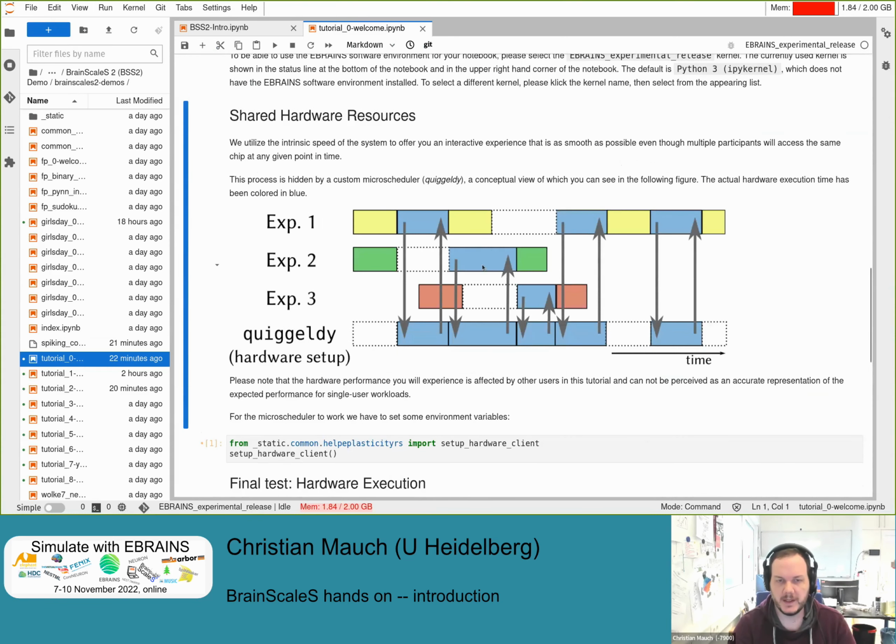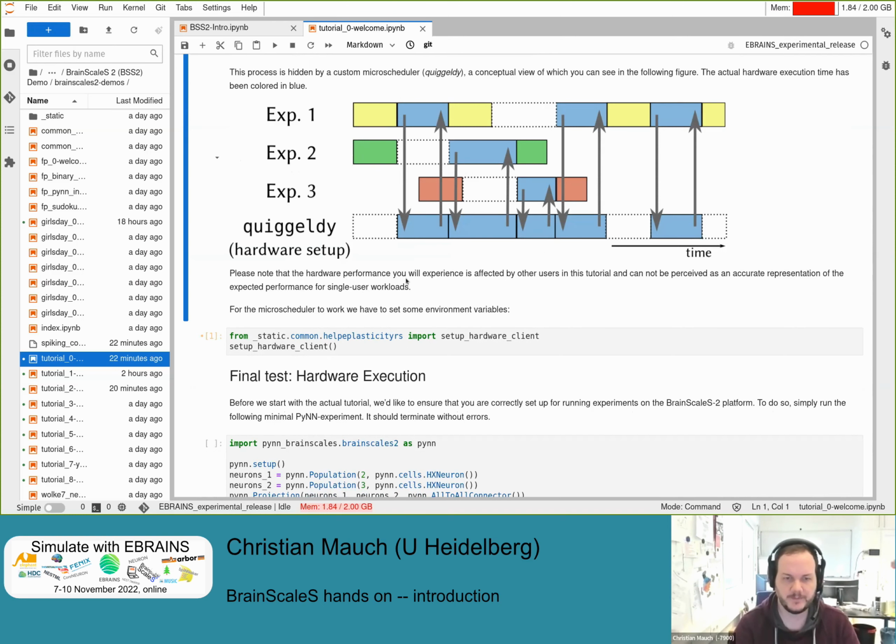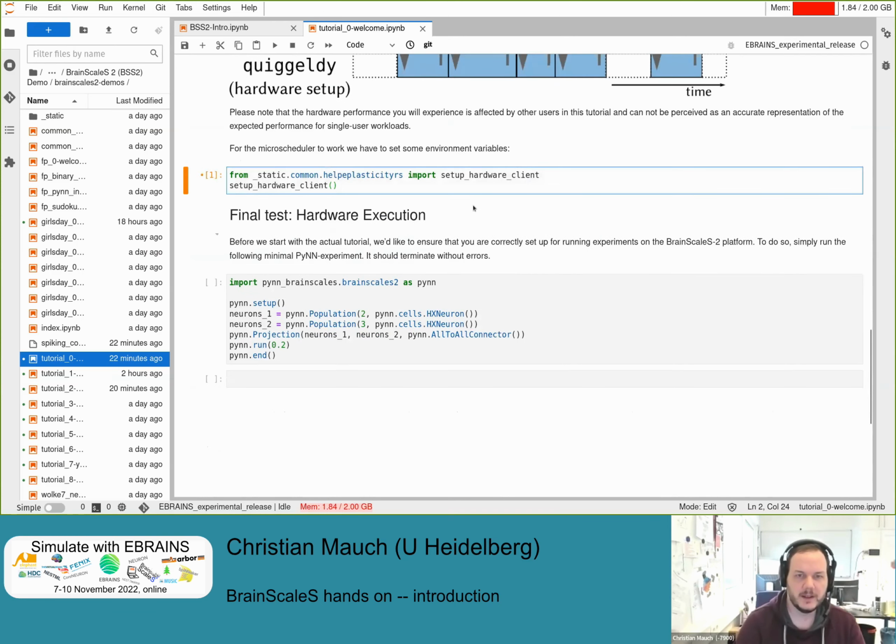So basically you don't really need to understand it, but it's the magic that everything should just work as it is. It's not a simulation running in your IPython notebook, but really the actual hardware execution is scheduled here to Heidelberg and the results are sent back to you. Then, just to check that everything works for you, you should execute these 2 cells. And if everything is running correctly,